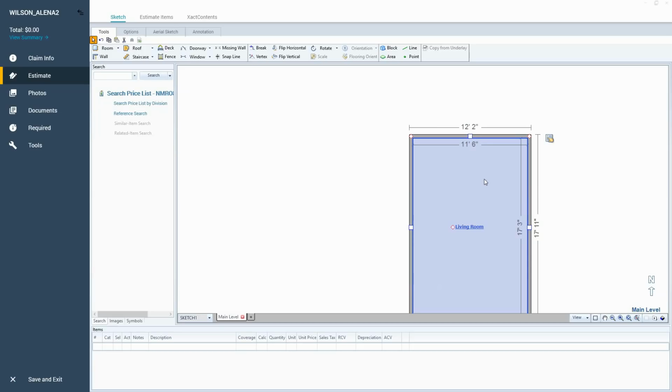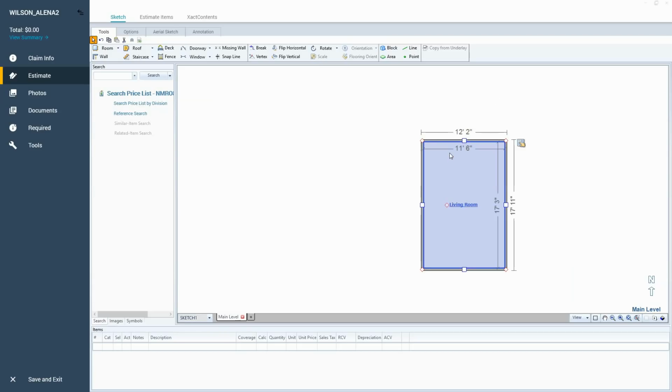And this can get a little frustrating. So just remember that if you can't see your dimensions, you just need to go ahead and highlight whatever you're working on and they will pop up again. Also, I find it useful to introduce the zoom tools at this point because if you're working on things and